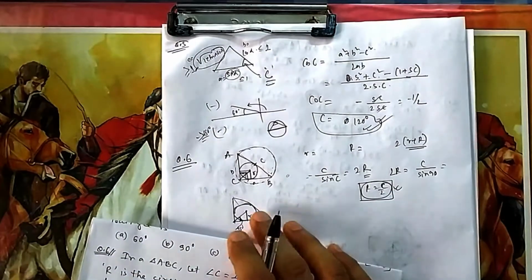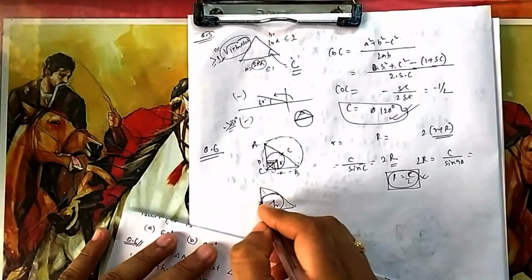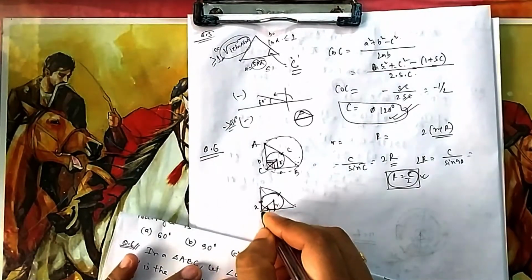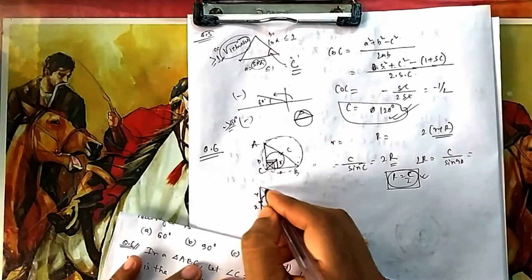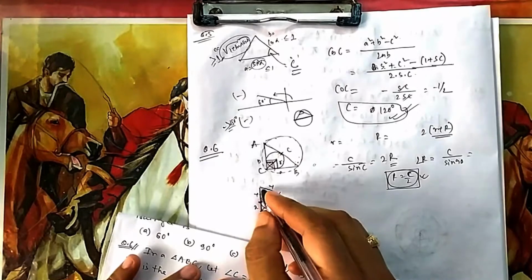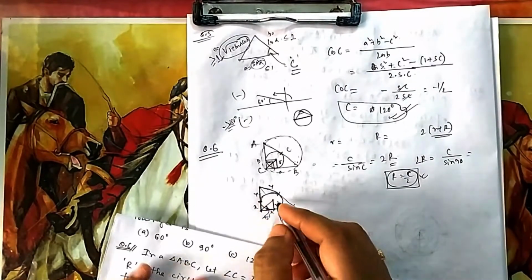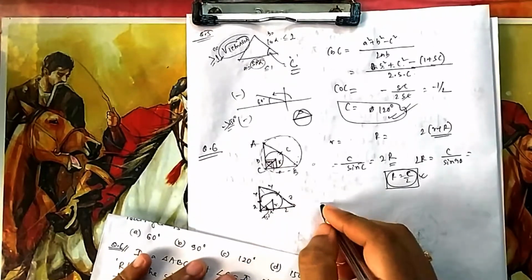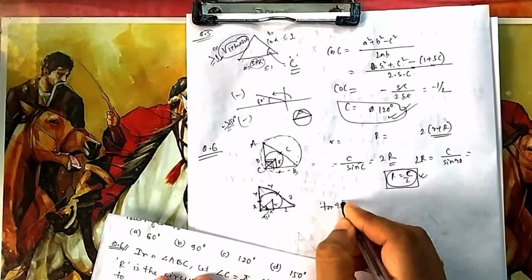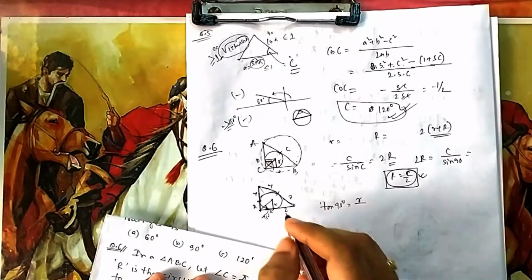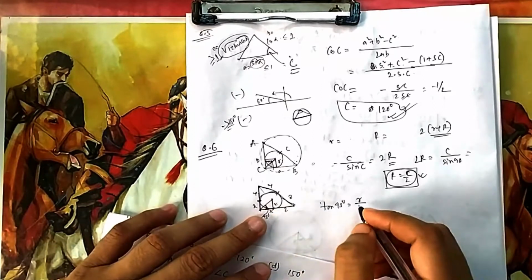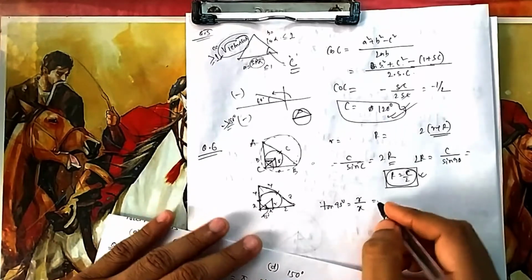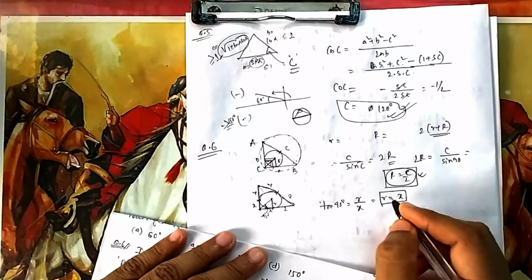Now you can see, in case of any triangle, this is not only for a right angle triangle, suppose this side is x, so it is a tangent from an external point, so this side will also be x. Suppose this length is y, so this length will also be y, because tangents from an external point to the circle are always equal. You have seen this in class 10. So what is r? If you take tan 45, that is tan C by 2, a special case here, it will be r by x. Now r by x is 1, so r is equal to x.